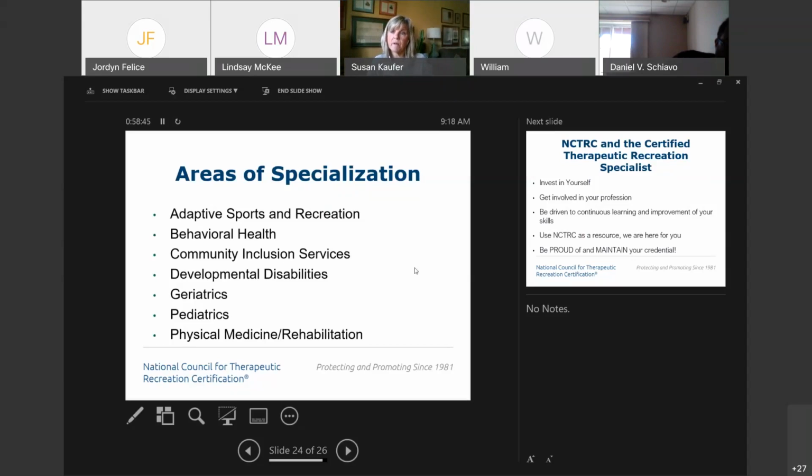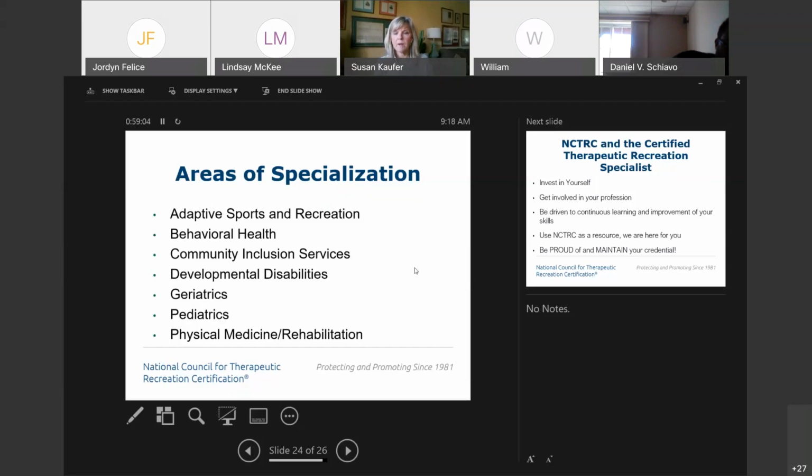In some areas of the field, gaining that area of specialization does help with a bump or compensation for having that additional certificate. So it might be something to think about as you're moving through gaining your recertification hours.